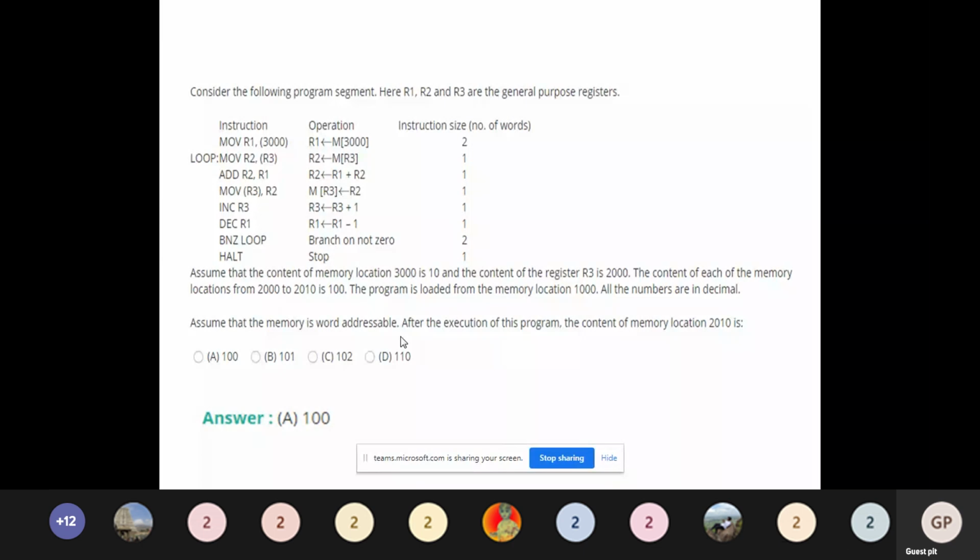If the bracket is not there, you can call this register addressing mode. Add R2, R1: that means the content of R1 is added with R2 and the result is stored in R2. Move (R3), R2: that means the result in the register R2 should be moved to the location given in register R3.